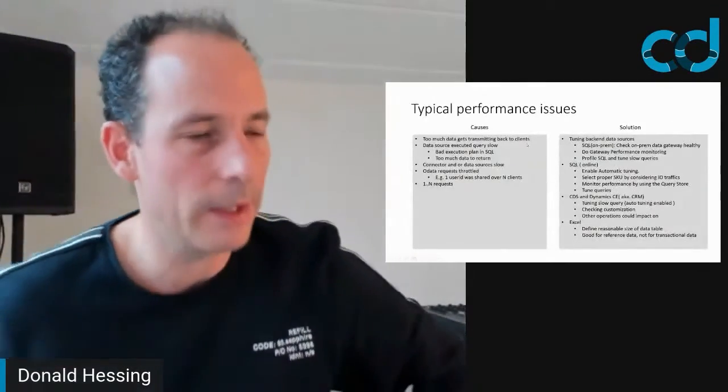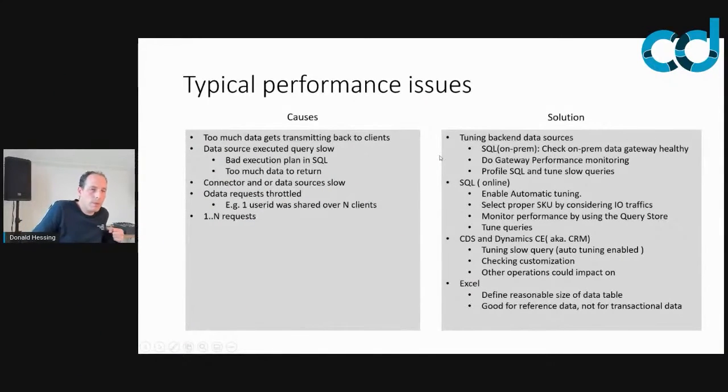Back to the slides, a couple of minutes on performance and thresholds. So what we typically see in terms of performance issues is that the Power Platform takes into account throttling. So be aware of the number of connections that you make. It's that because it's a multi-tenant environment where multiple clients connect to that environment. So keep that in mind, keep throttling in mind, accept that you can get an HTTP 429 too many requests, and factor that into your application.